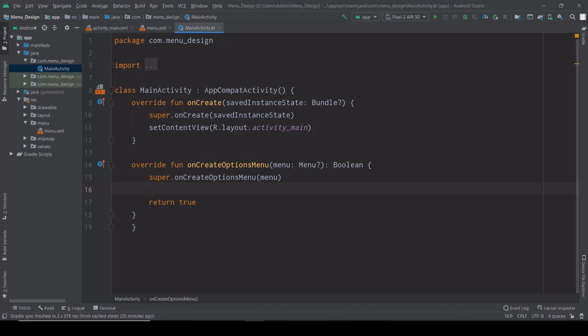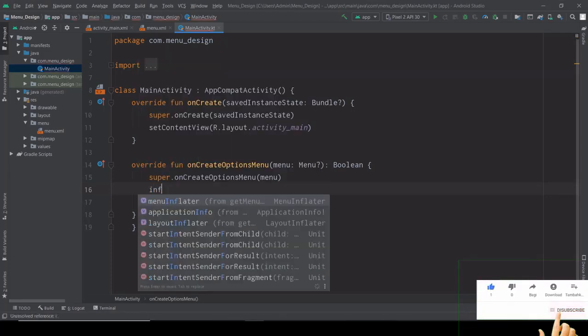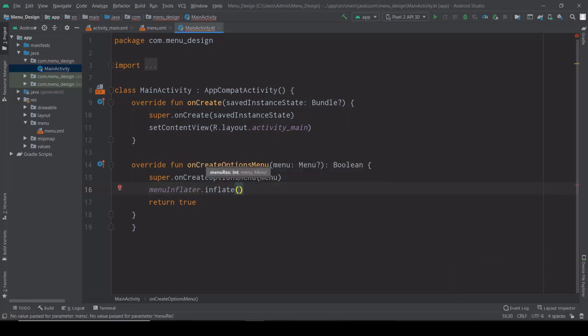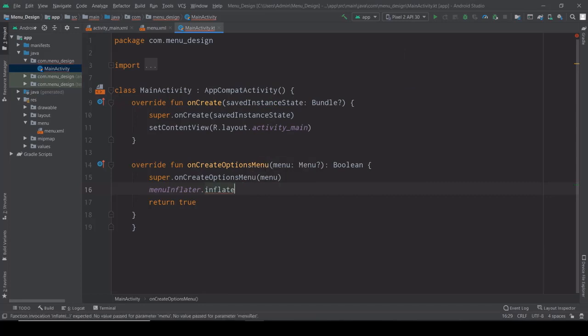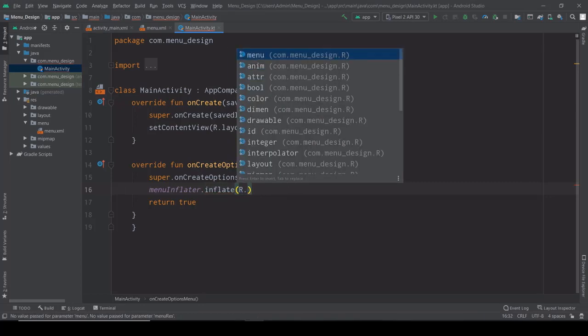So I directly call menu inflate, and inside the inflater I'm going to pass my resource, and my folder name is menu.